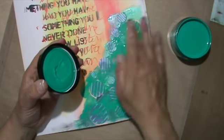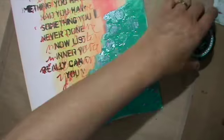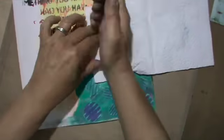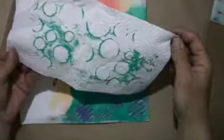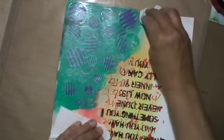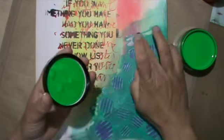vibrant turquoise. I used it here very thick and let it only dry a little moment and went over it with paper towel. Is it a nice pattern? Absolutely gorgeous. And next one, trying to find out how I can go over the edges and smooth out the